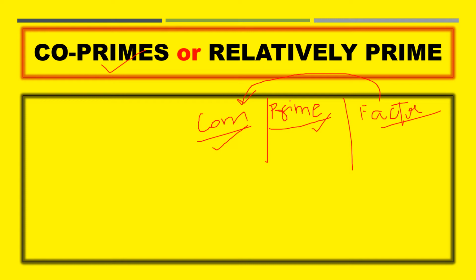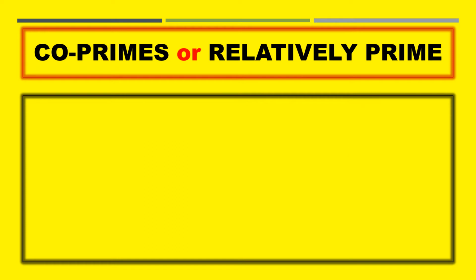So let us go to the topic now. Suppose I give an example, children. Co-primes, the name itself is telling: co means when one thing is combined with another one. Suppose co-education. We know that co-education means girls and boys. If one thing is mingled with another one, then the terminology is called co.